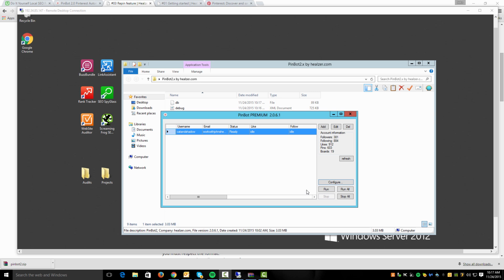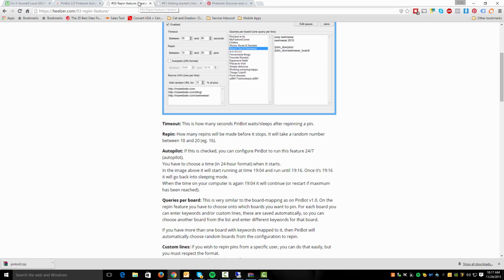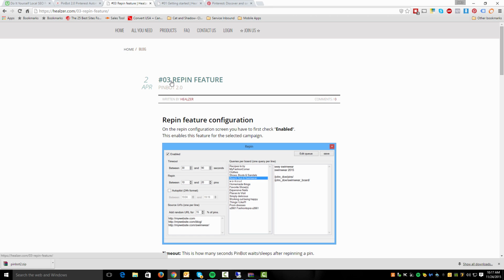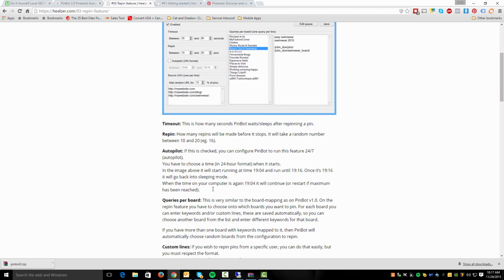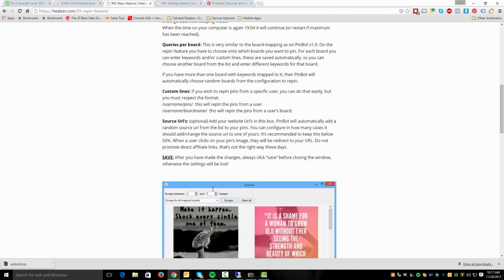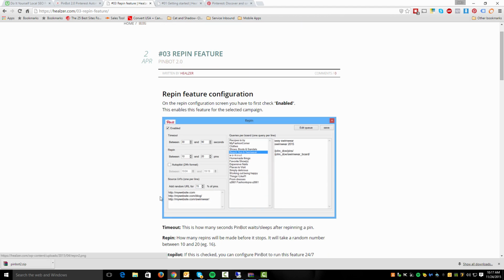Okay, so in this video I want to show you the Repin feature with Pinbot and how that works. First thing I will reference is you want to make sure you actually read over the tutorial on this as well over on the Heelser site. This is technically the number 3 piece of the tutorial, Repin feature. This will give you really specific details on how to set this up and what all of the options are for, but I thought I'd also walk you through how to set this up and just an example I've done